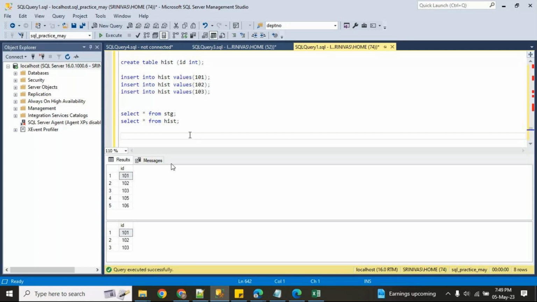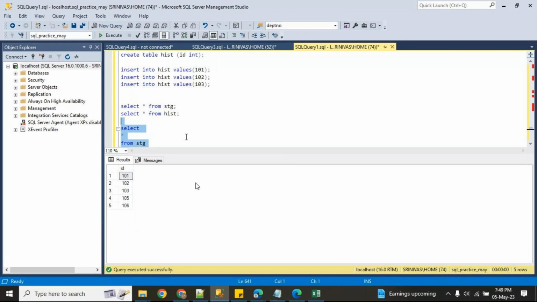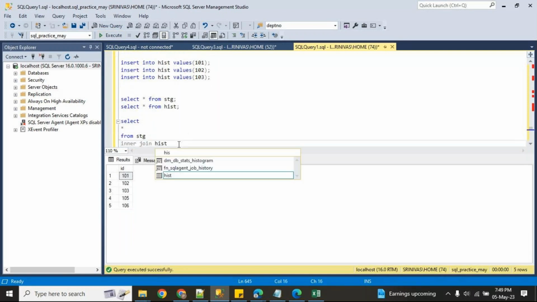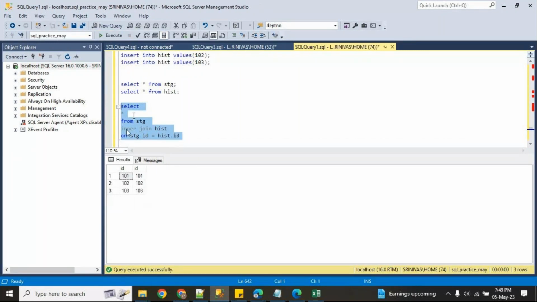So first, select from stage, and you will get only stage data, join on stage.id equal to hist.id. If I do an inner join, it gives only common records. But I want all the records from the left side.